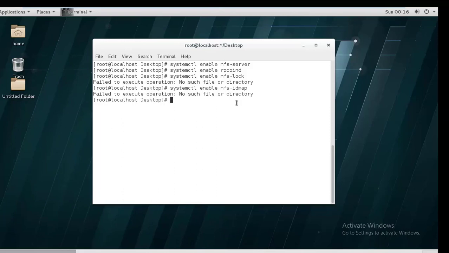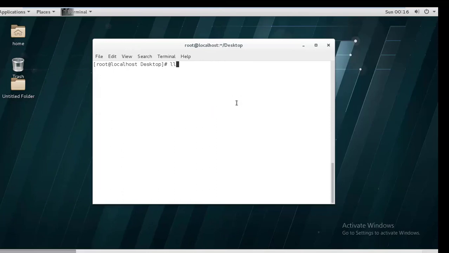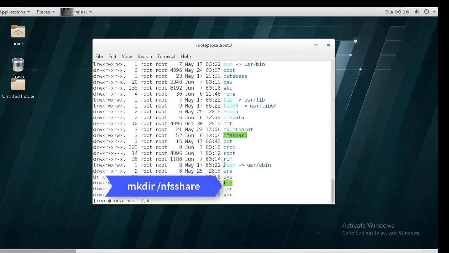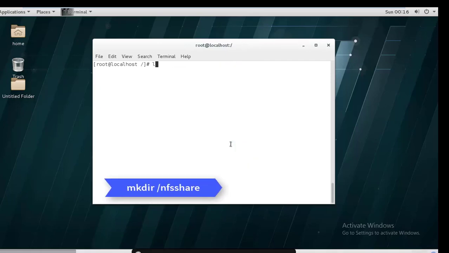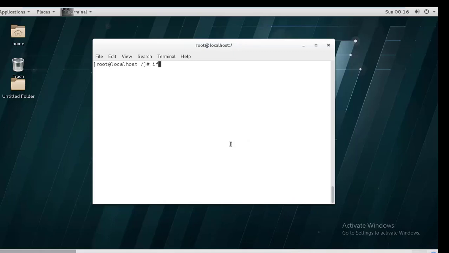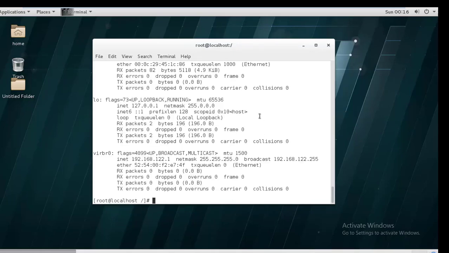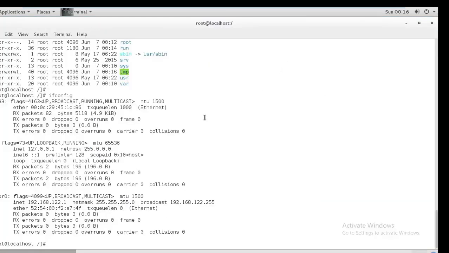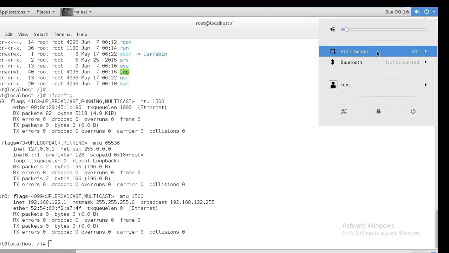Next we have to create one directory, which is already created in my system, which is nfsshare. Now first we will check the IP address with ifconfig. The IP address is not enabled, so first we have to enable this one.